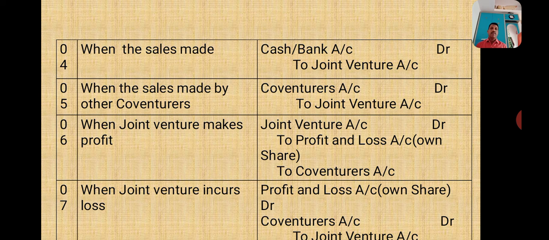And another entry will be when the joint venture makes profit. When the joint venture makes profit, then the entry will be joint venture account to profit and loss account for one share. One share in the sense in the books of the co-venturer in whose books we are recording the joint venture transactions,